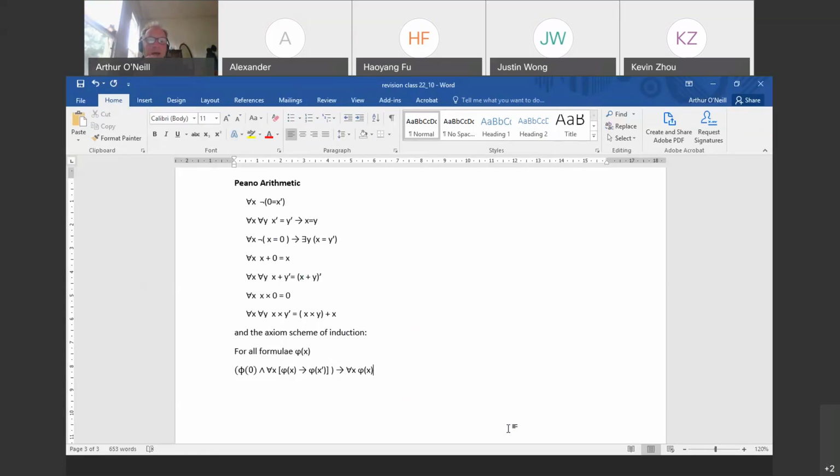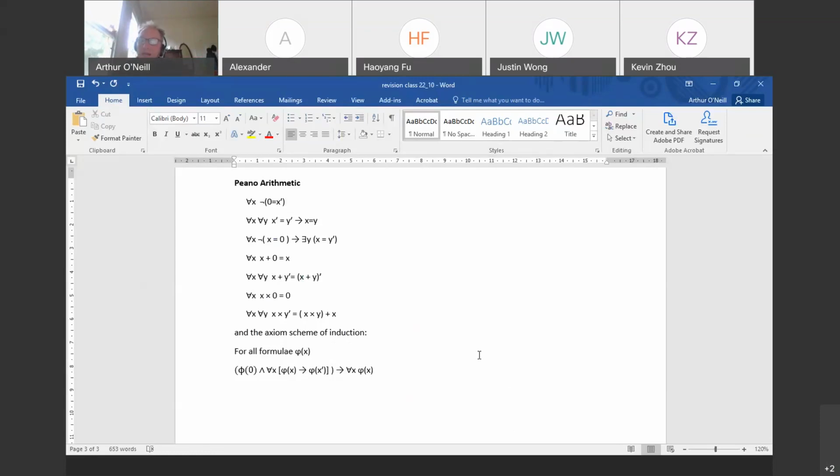Then you have some axioms to define addition and multiplication. So they're all just straight axioms. So far, it's a finite set of axioms. There's 1, 2, 3, 4, 5, 6, 7. But